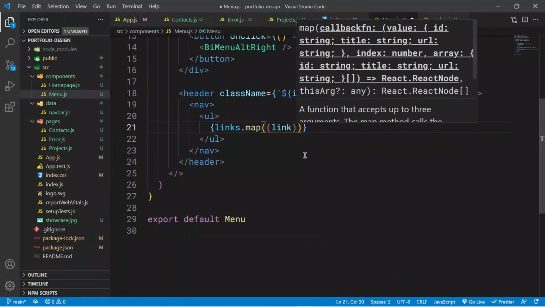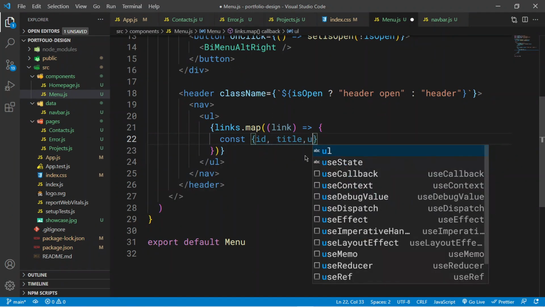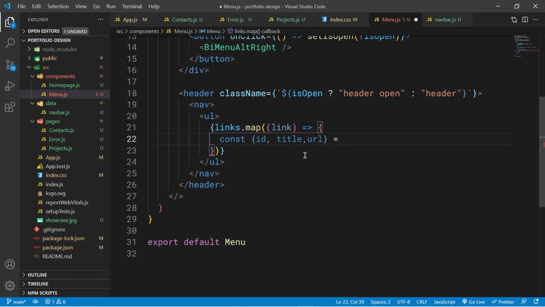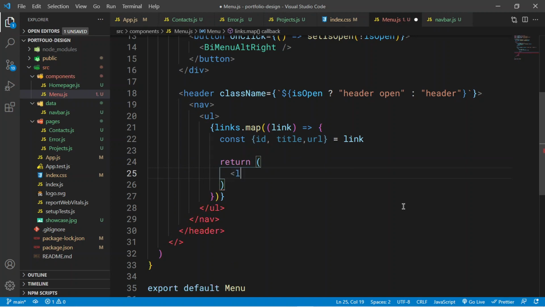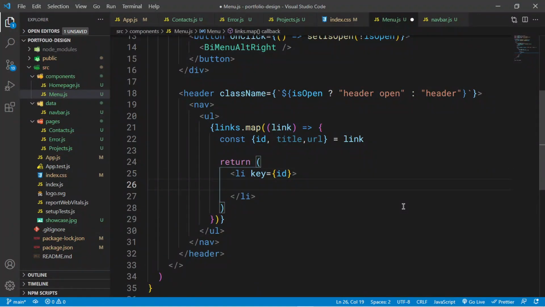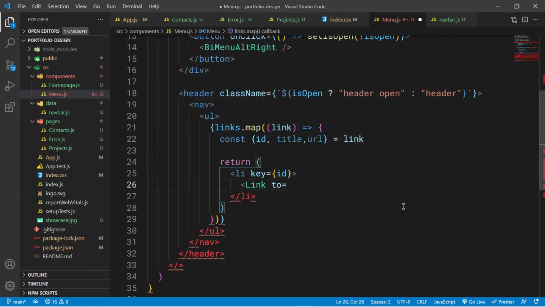So for every link, I'm going to say const, and then destructure the ID, the title, and the URL, which is what we have in our data array, and this will be coming from link like so. And then I want to set up my return, and I'm going to be returning a list item with the key of ID. Inside this list item, I'm going to be rendering a Link, and remember the Link has a to prop that goes to URL like so,